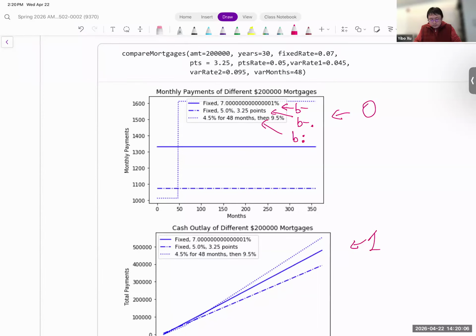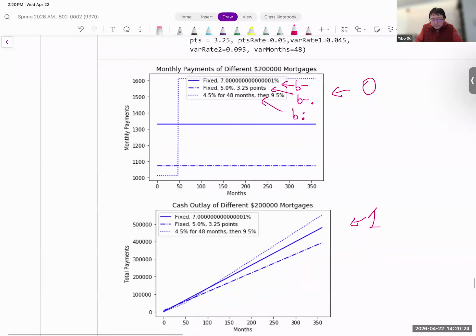Minus with a period is kind of periodic changing. So minus dot, minus dot, minus dot. So different styles and different colors, so different kinds of payments. Here we can see, for the teaser rate, it will give you roughly 1,000 monthly payment for 4 years, like 48 months, and then all of a sudden it jumps to